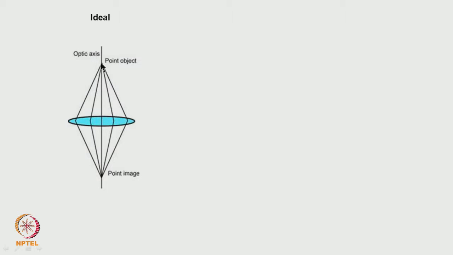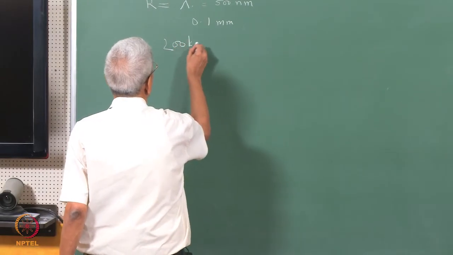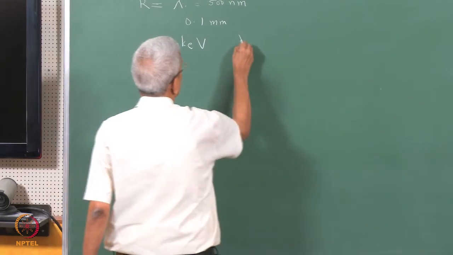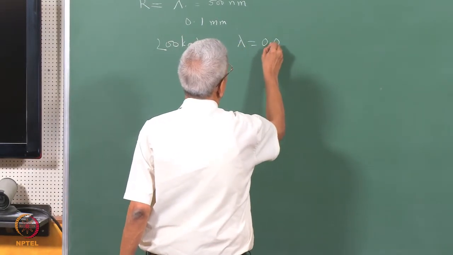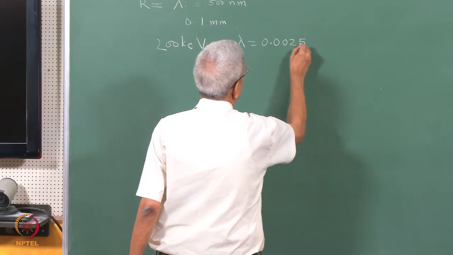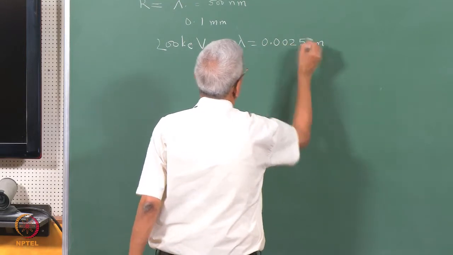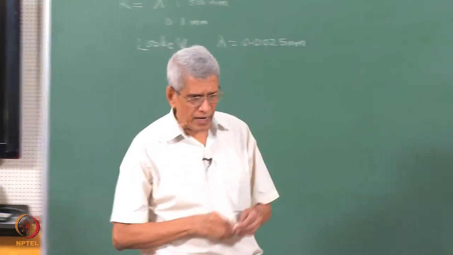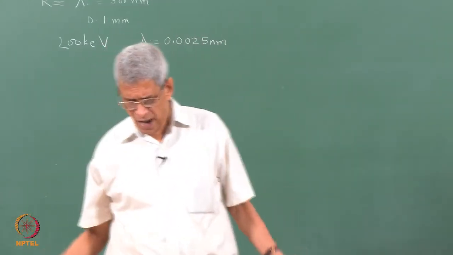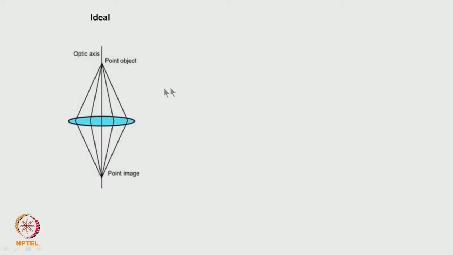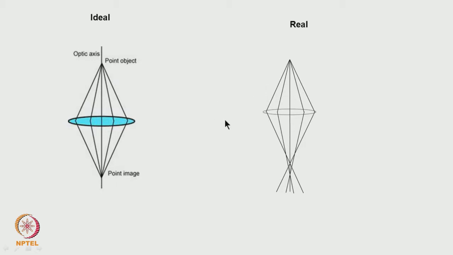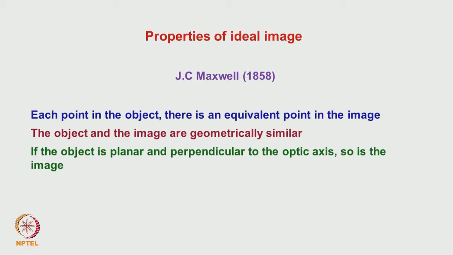So if we consider the resolving power of the lens, for example in the case of an electron microscope operating at 200 keV, the wavelength of the radiation lambda is of the order of 0.0025 nanometer. That means this is the limit of resolution. So for an ideal lens, all the atoms in the crystal should be resolved, but that is not what happens. This is because of various lens aberrations associated with the lens, which we will come to shortly.